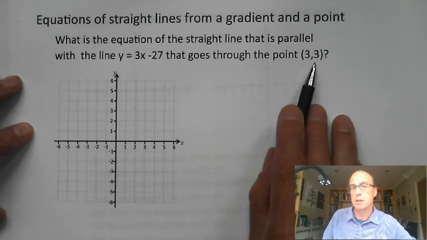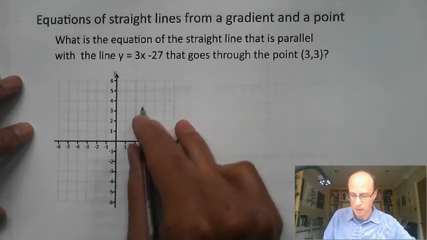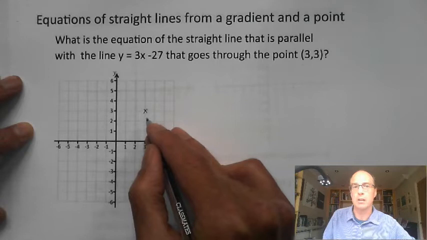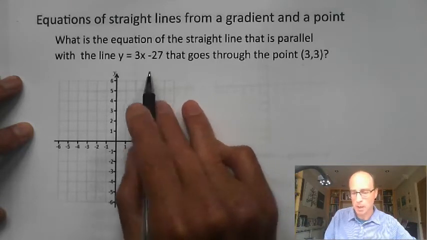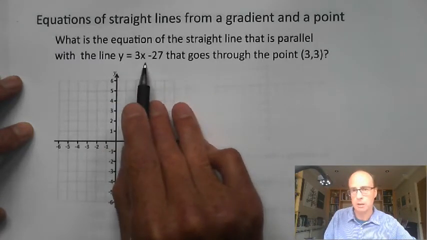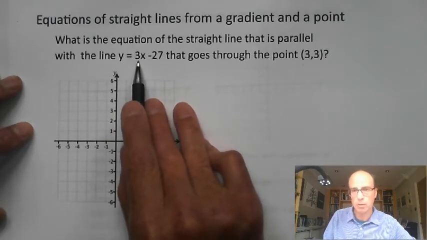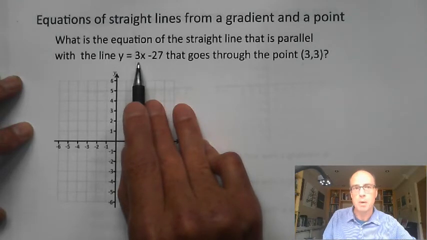So let's start by marking it on the diagram. 3, 3. So that point lies on our line. But we know our line is parallel with this one here, y equals 3x minus 27. Now this line here, because of the 3 in front of the x, we know it's got a gradient of 3. So if my line is parallel with this one, then I know that it must also have a gradient